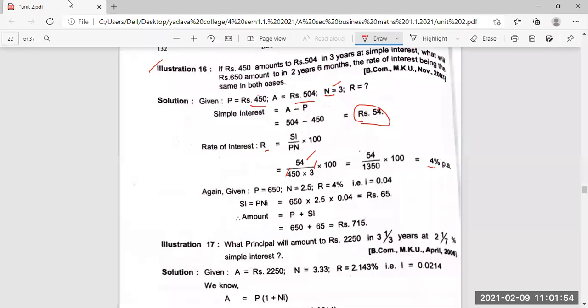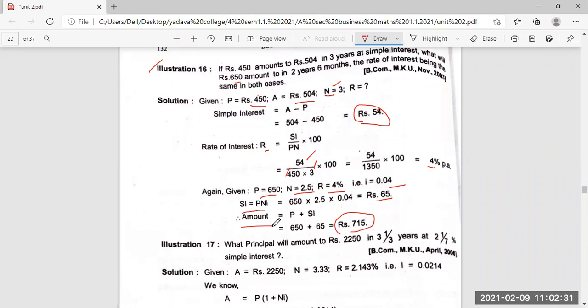So now we are doing it for 650. For 650 rupees, 2 years 6 months, the principal amount is 650. N is 2.5, that is 2 years 6 months means 2.5. Rate we have found, 4%. I we all know, we convert it to 0.04. So simple interest is P into N into I, principal into N into I, 65 rupees. So now we add the principal and the simple interest,